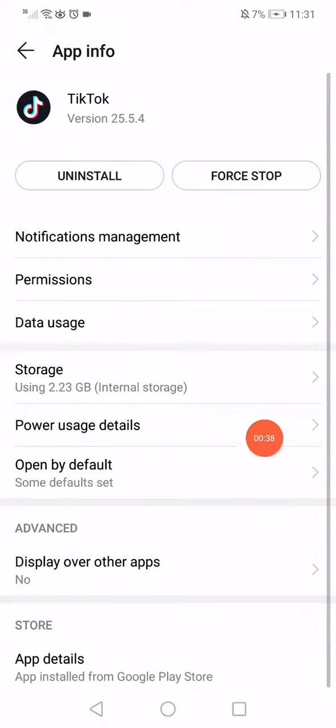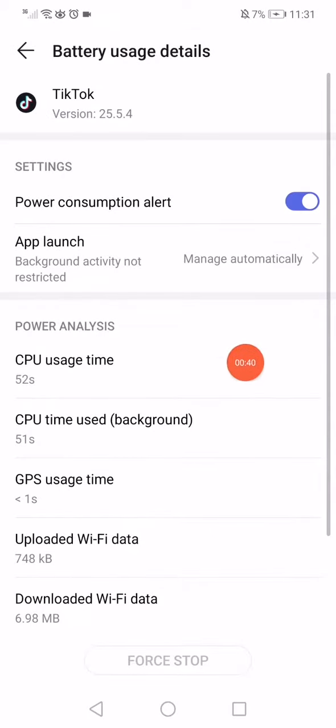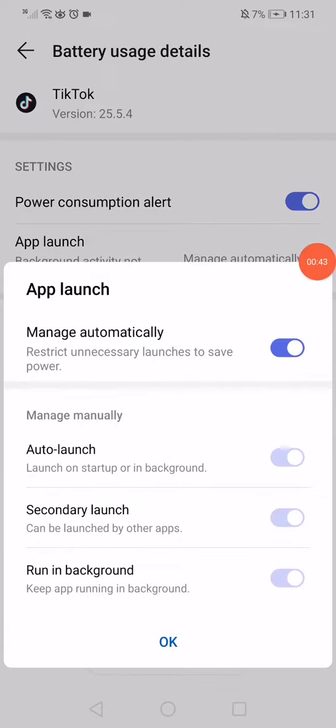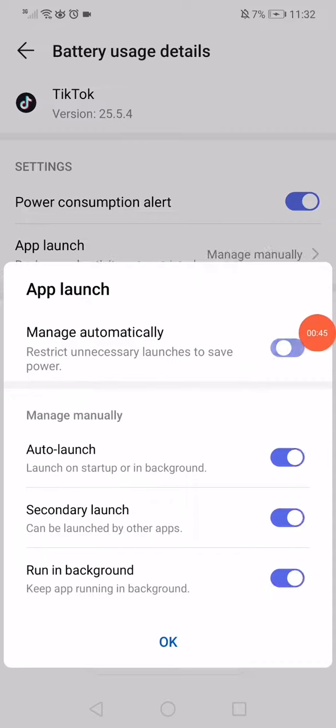Go back, click on the power usage details, click on the app launch, and then turn off this option and go to those options here, disable them and enable them back again. Click OK,